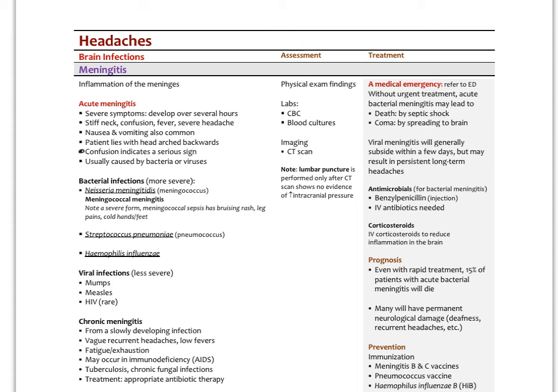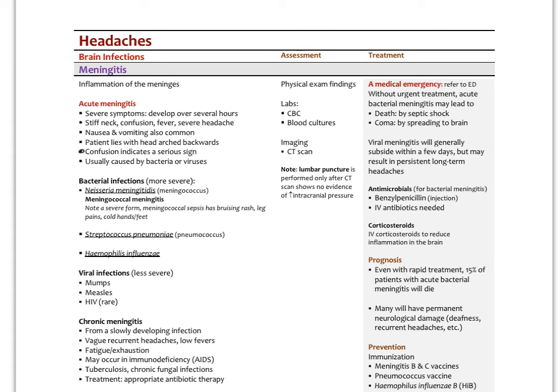This is a severe form, and it has a bruising rash. It has leg pains, cold hands and feet. So with meningococcus, the rash on the body, looking like bruises on the lower legs, for example, is a pretty characteristic sign of meningococcal infection. There is also pneumococcus, Streptococcus pneumoniae, causing pneumococcal meningitis, and then Haemophilus influenzae is the third type of bacteria that